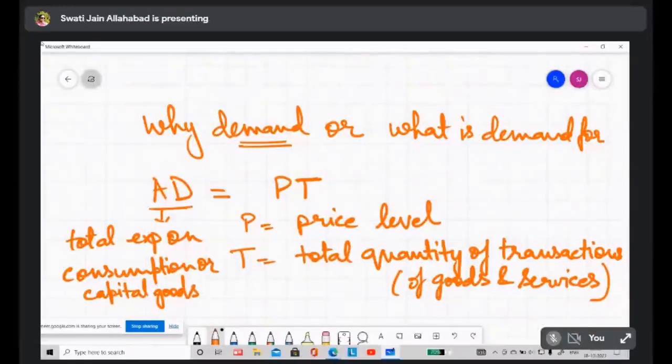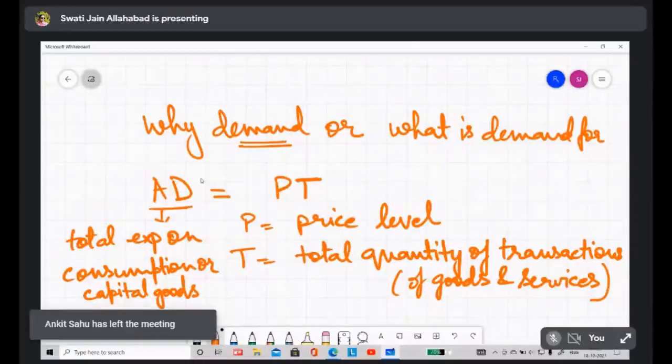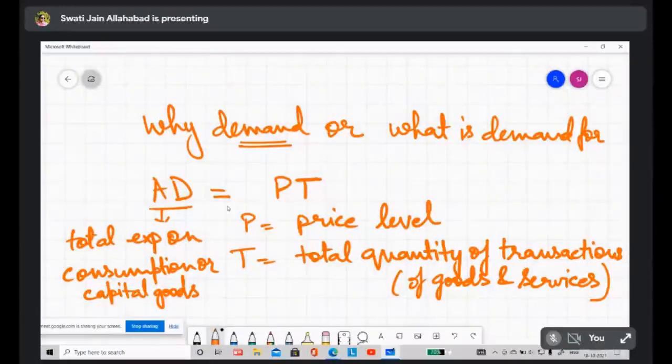Okay. And it is only the classical system that assumes that aggregate demand is a monetary variable. Other than the classical system, no other economist believes or assumes that. It was only the classical system that assumed that what is important is supply or the output level, that is Q, which depends on the production function. But aggregate demand is just a monetary variable which depends on the level of output itself.